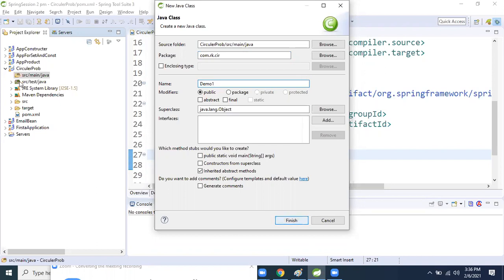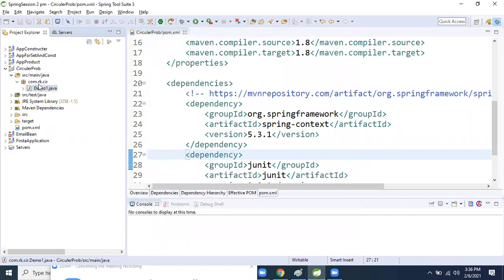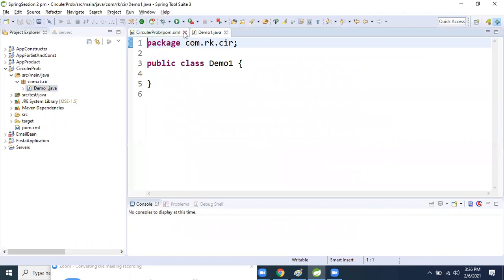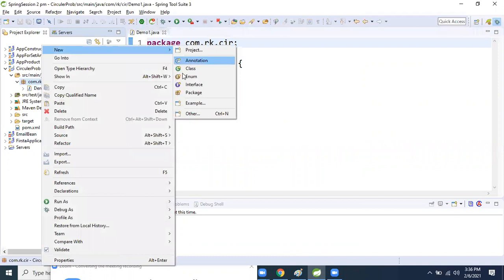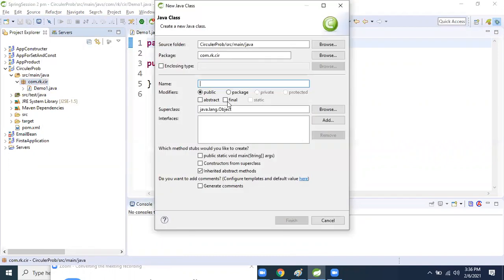One class I took inside this package. Again one more class, Demo2, I will take. I took two classes, right?